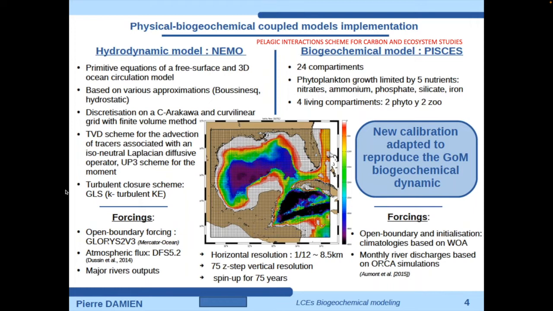And the hydrodynamic model, or the physical model, is the NEMO model. This is the nucleus for the European modeling of the ocean, and it's a model that we have been using at CICESE for a while. And as you can see, this model has about 8-kilometer resolution, 75 levels in the vertical, and it was spun up for 75 years to do the analysis that I'm going to show you. The idea with the model, if you go to the next one, please.